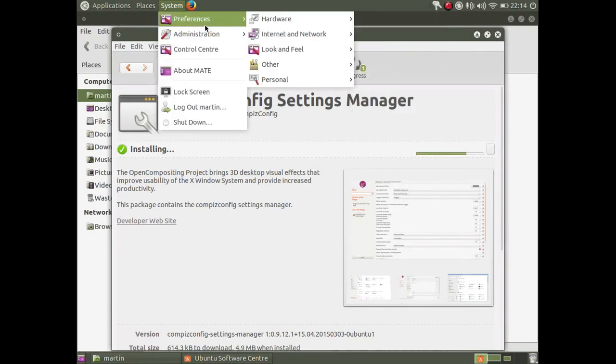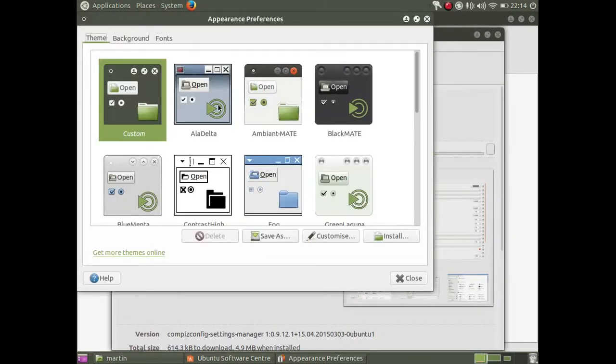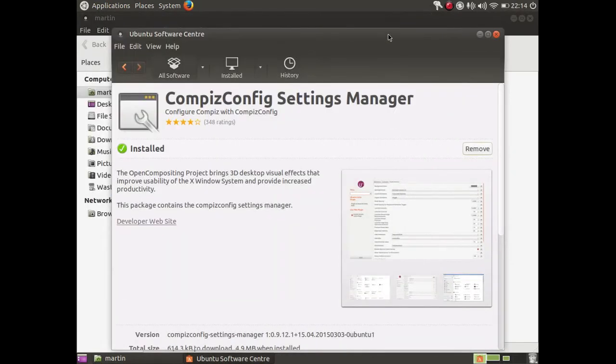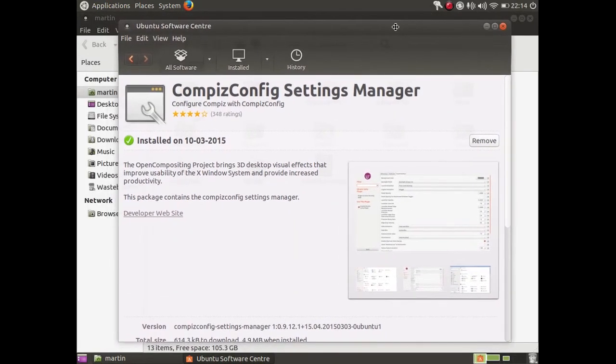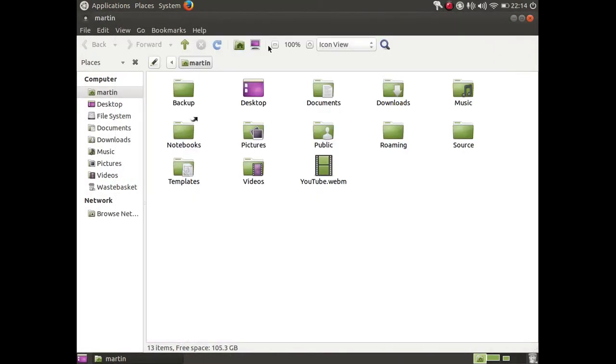You just go to the appearance settings. Let's switch to Ambient Mate. There we go, and you'll notice the window decorations have switched accordingly. So you can use your usual themes to provide the window decorator themes, and you can do the usual customizations with that. So Compiz Settings Manager is installed,